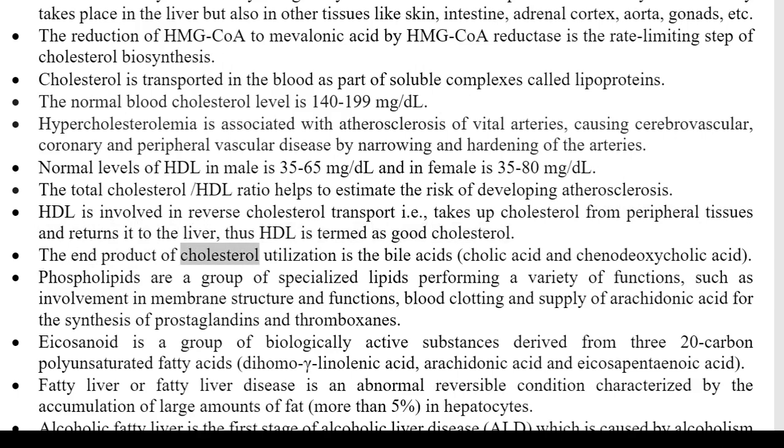The end product of cholesterol utilization is the bile acids, cholic acid and chenodeoxycholic acid. Phospholipids are a group of specialized lipids performing a variety of functions, such as involvement in membrane structure and functions, blood clotting, and supply of arachidonic acid for the synthesis of prostaglandins and thromboxanes. Eicosanoids are a group of biologically active substances derived from 20-carbon polyunsaturated fatty acids: dihomo-gamma-linolenic acid, arachidonic acid and eicosapentaenoic